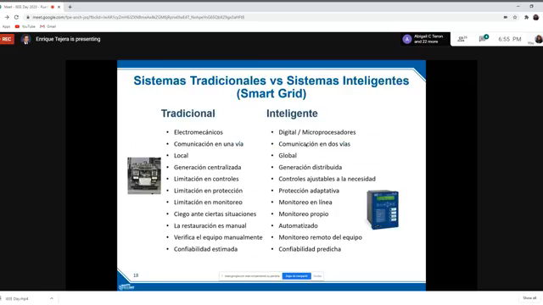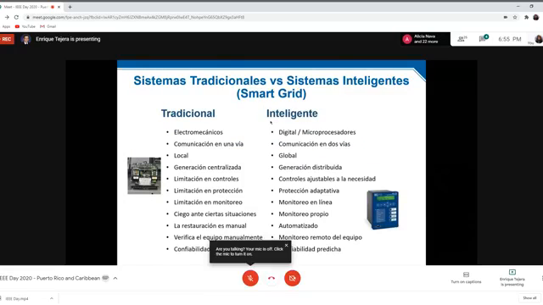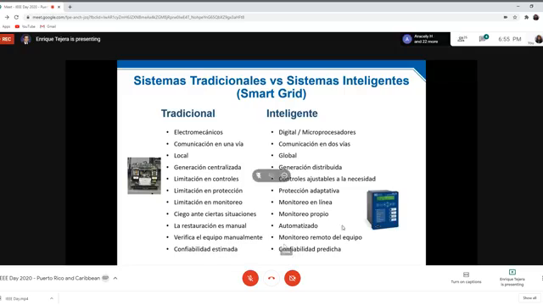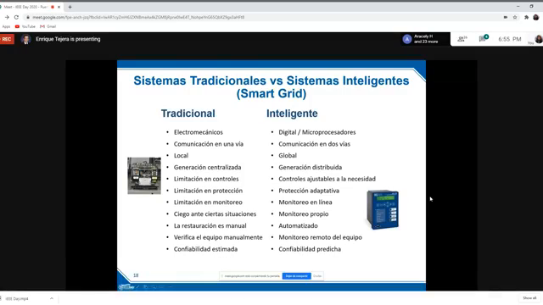Inteligente que tenemos ahora, tenemos por ejemplo ordenadores que anteriormente teníamos un electromecánico que tenía su local y todos teníamos que verlo local, no había comunicación, era ciego de cierta manera. Así que todos teníamos que hacerlo manual, ahora tenemos dispositivos inteligentes, procesadores que esa información se monitorean ellos mismos. Toda esta información